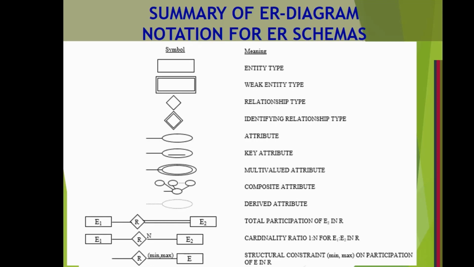Now, the double rectangle you have used: when you see the double rectangle, it's nothing but a weak entity type. Just think of examples, let me tell you very clearly. In the case of a company database system, an employee, if he is married, his spouse and if he has children are the dependents. And even if he is unmarried, his parents, suppose, are living with him, they are the dependents. So what is that dependent? A weak entity. Why? Because the existence of the dependent entity is because of the employee entity.